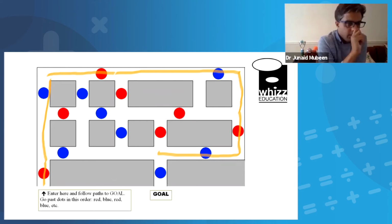But Junaid, won't I then be going back round in a big circle? I guess so, yeah. Okay, I'm going to do this one. So red. Now, I can see 2 blue choices ahead. Let me get to that point and then decide which way I go. Right, help me out. What do I do now? Oh, everyone's saying...